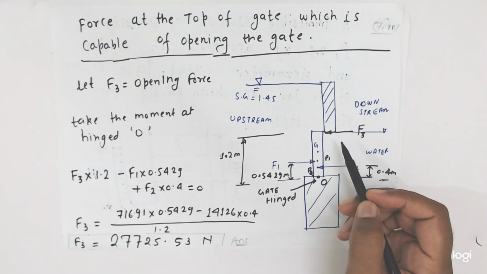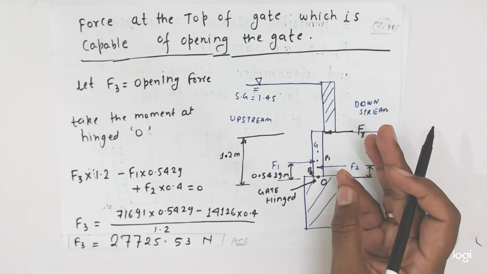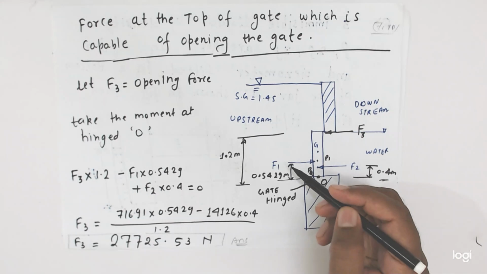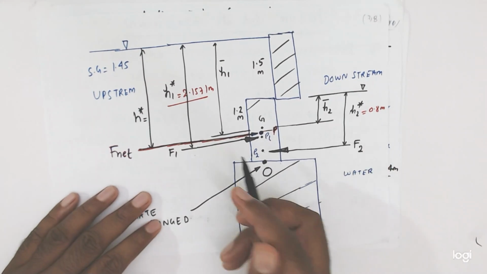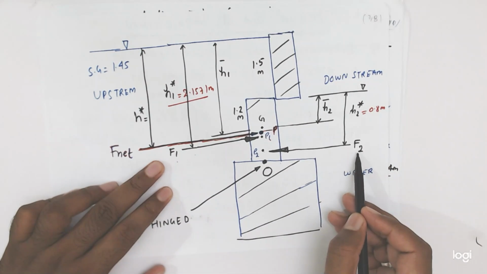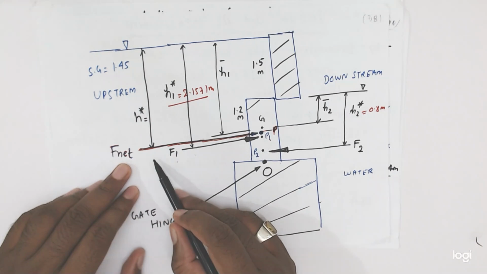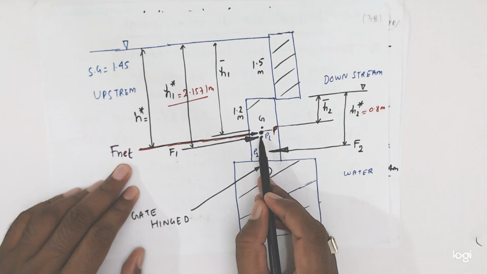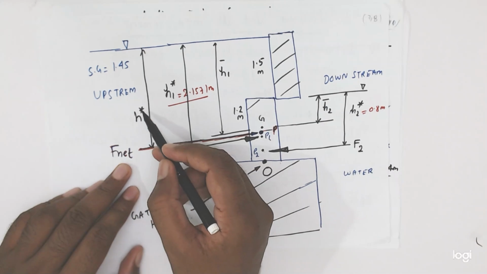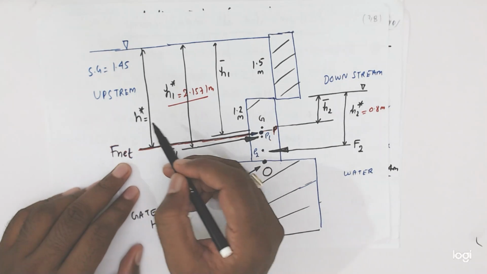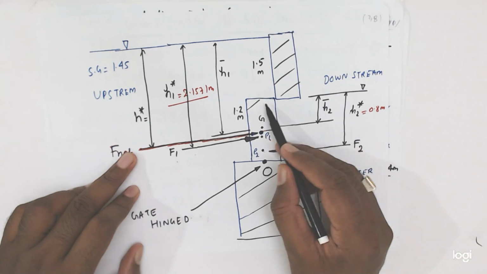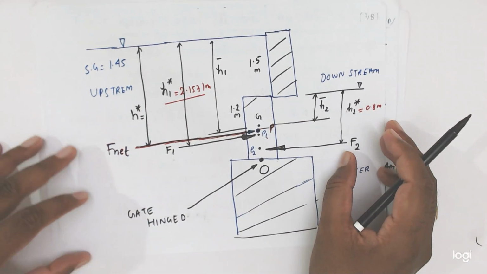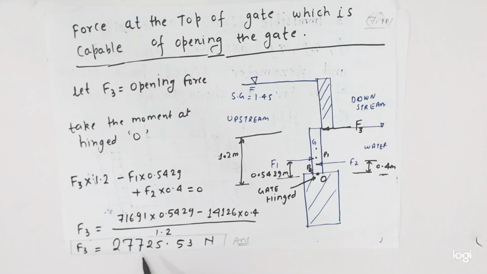Okay friends, so we calculated here net force F1 minus F2, this is the net force. We calculated F1 value, F2 value, and we separate, then net force it will come which is working in this direction. Then we have to calculate this H star value, so we calculated here H star, and the last point is the force required to open the gate from the downstream side. So this also calculated here, F3 equal to